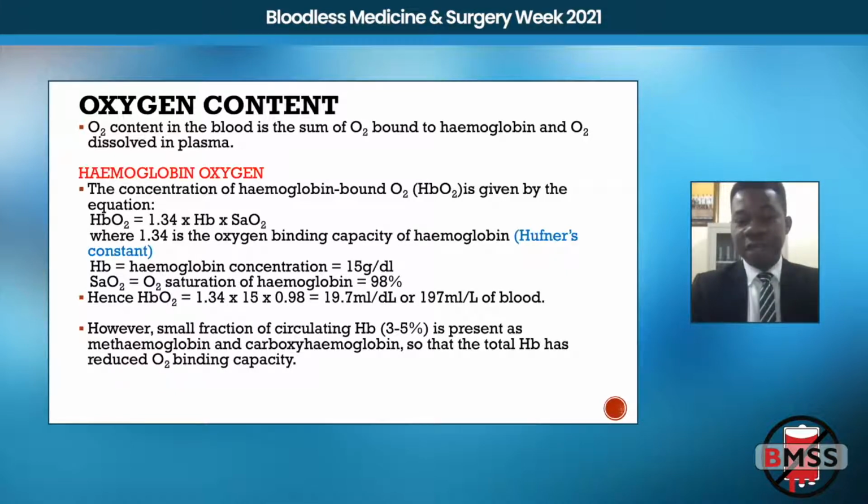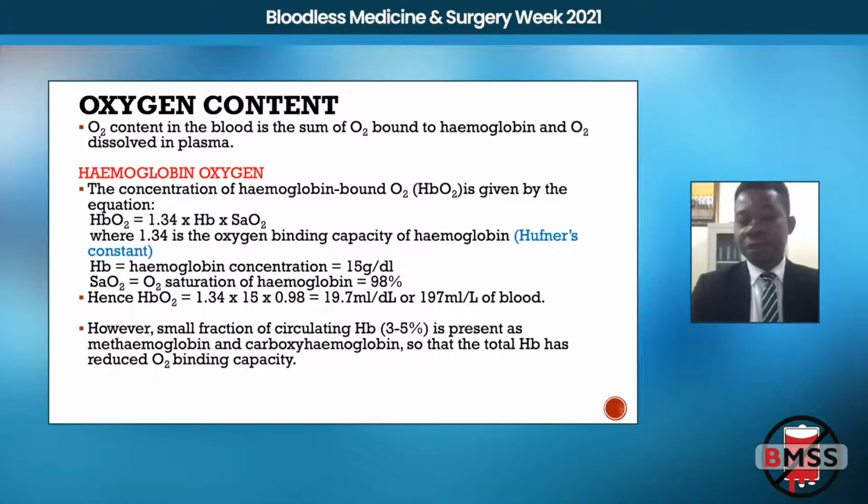Now, for a patient that has hemoglobin of 15 grams, the oxygen saturation normally, when we talk about the oxygen dissociation curve, we'll understand that the hemoglobin can be saturated at the level of 98% if everything is in good condition. Now, if we are taking that 98%,